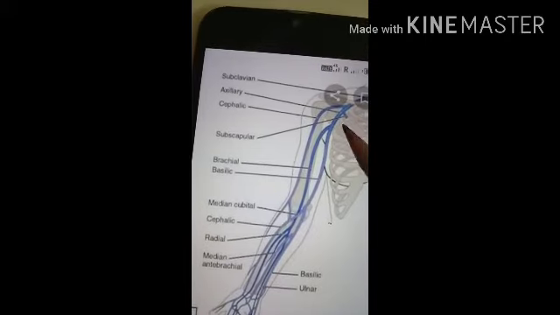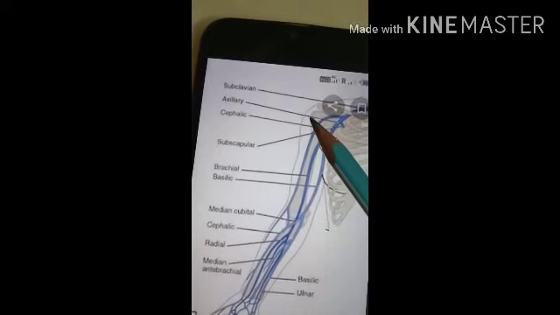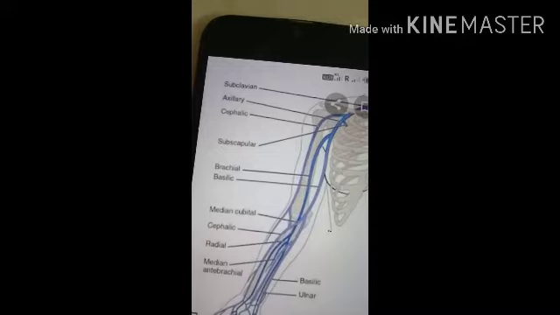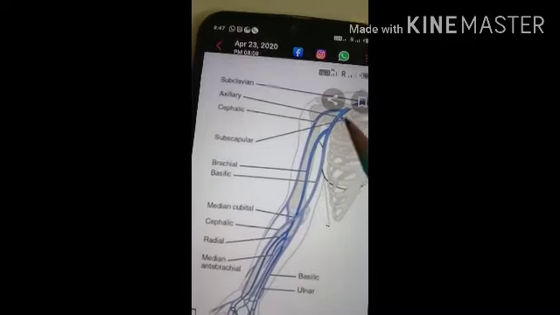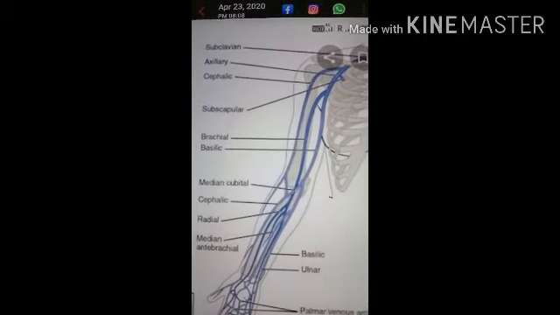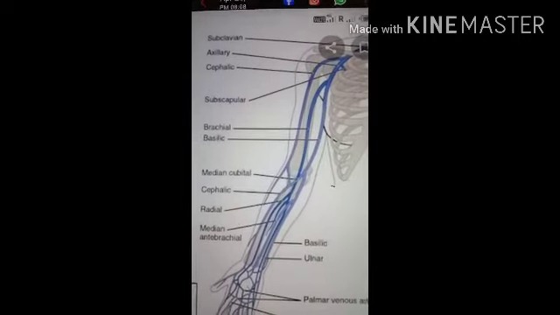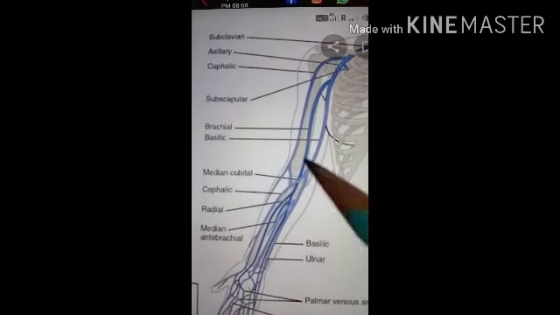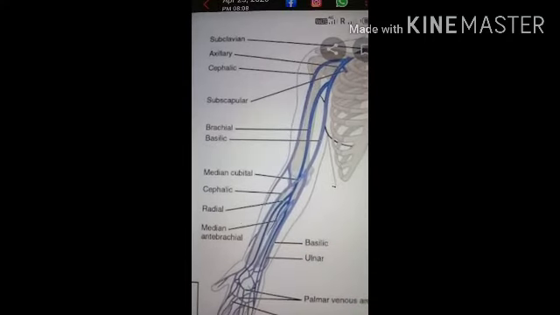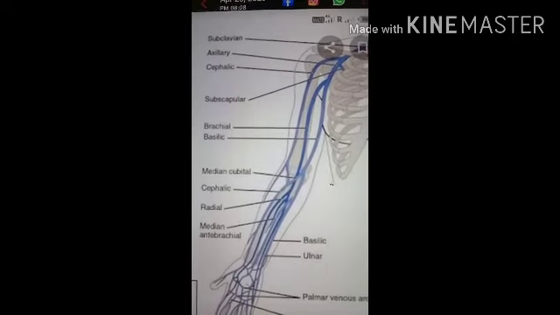So the name given is the axillary vein, and at its apex it continues as the subclavian vein. So this axillary vein goes upwards and then continues as the subclavian vein. In this way, the venous drainage of the upper limb in the deep region occurs: the radial vein, the ulnar vein, the brachial vein, then the axillary vein, and then it drains into the subclavian